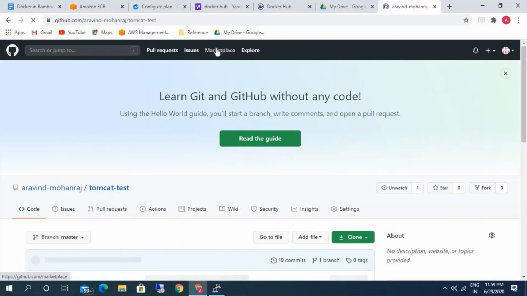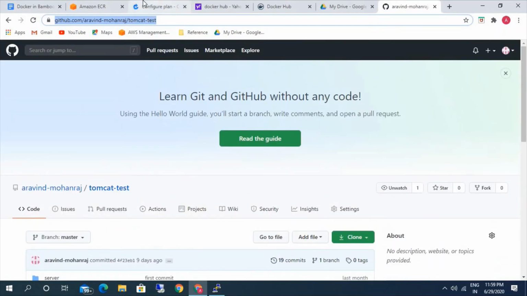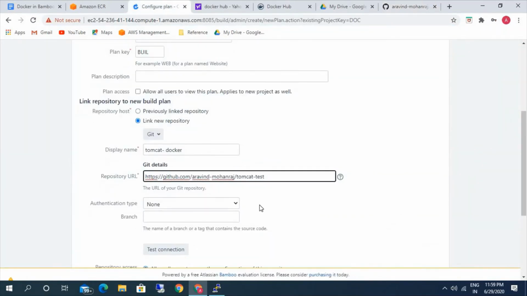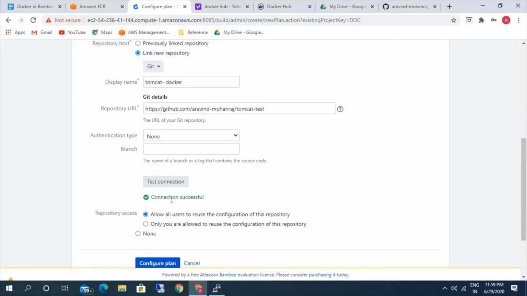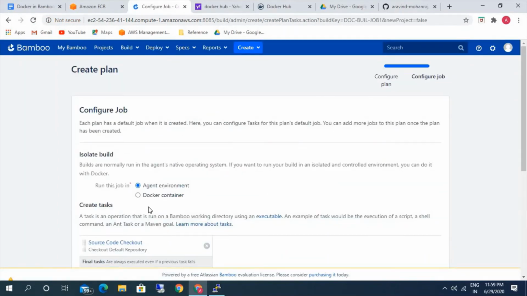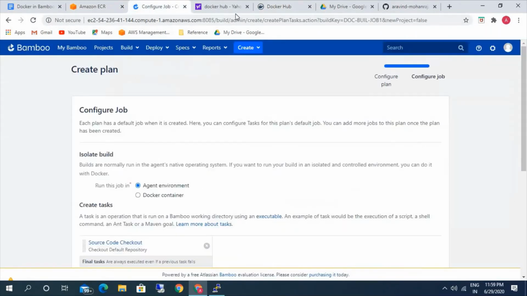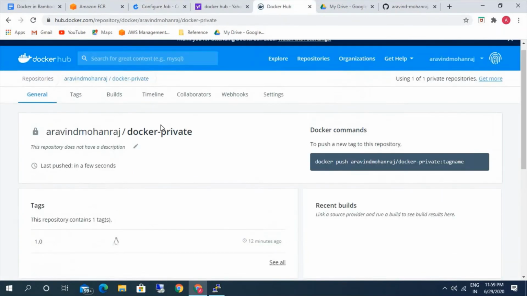We'll be using the same code that we used last time. Authentication successful, configure plan. Here we can use either the Docker image that we created, which is in Docker Hub, or the ECR; anything is fine, and we can also use both. Let me just use this image.